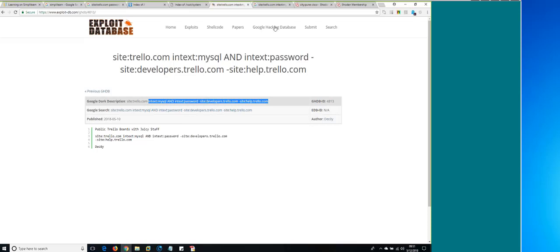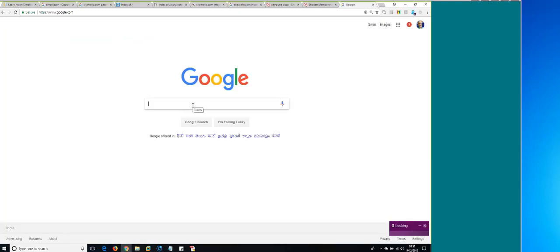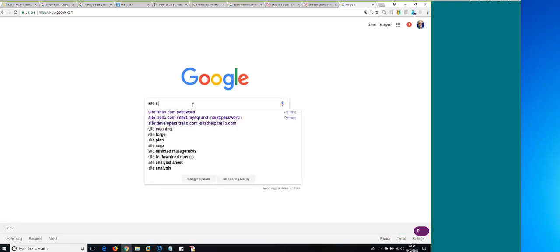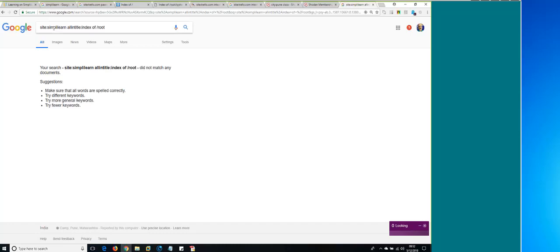If I want to audit Simplilearn, I'll use an operator like this, and then say allintitle: index of /root. This query, which we initially ran on the internet without any particular website in mind,